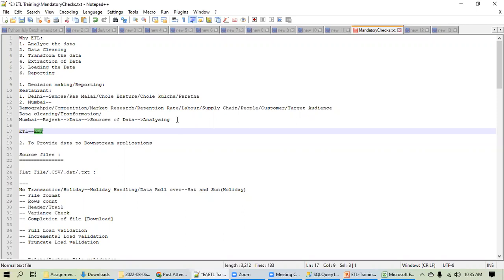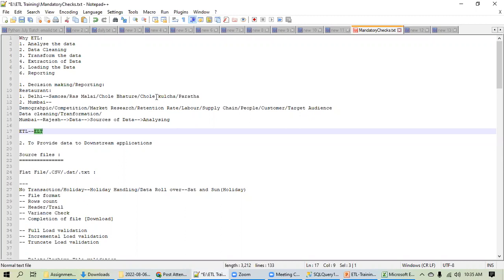We will discuss in detail down the line. So the first thing is you should be clear about the sources of data from where you are gathering the data. And for those creating the data pipelines or the ETL pipelines, this is the starting point.